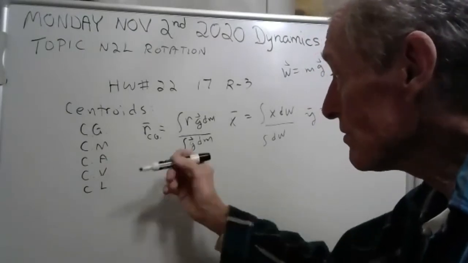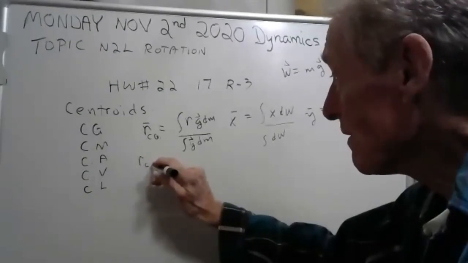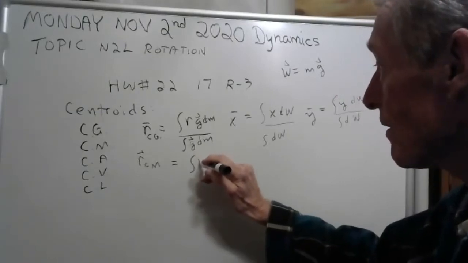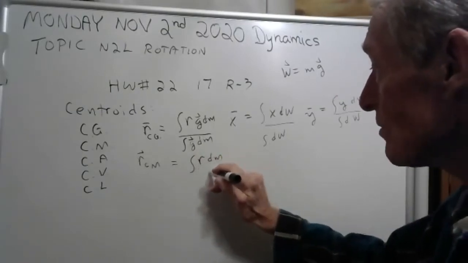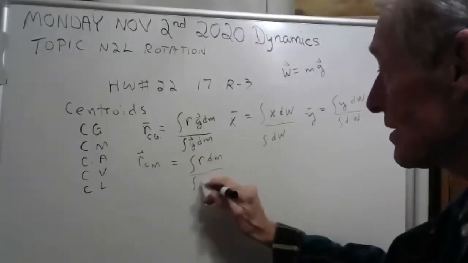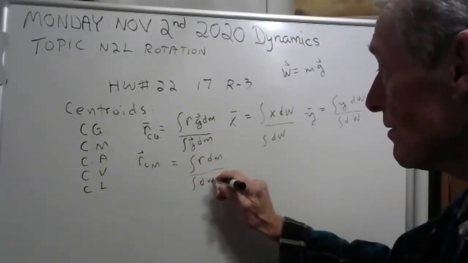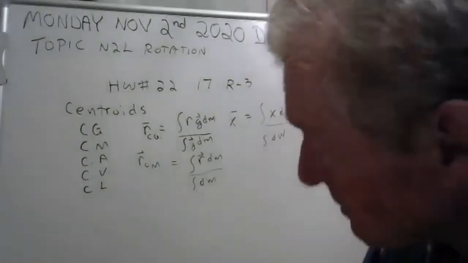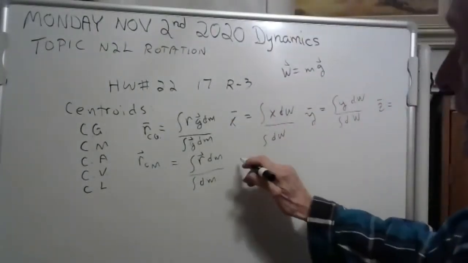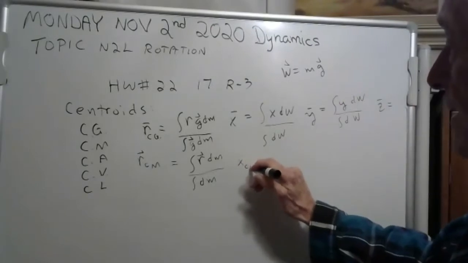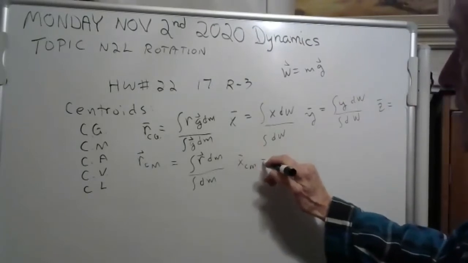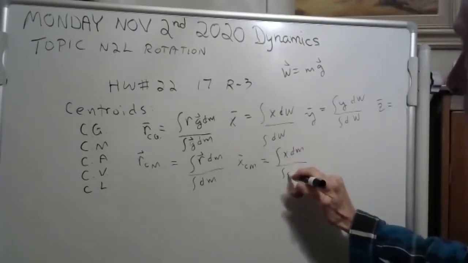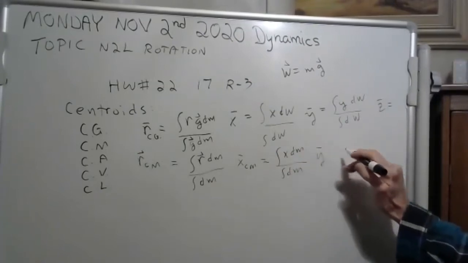See, the formula for the center of mass goes like this. The gravities no longer play a role because they're all constants and they all cancel out. So there's the formula for the center of mass. And here, the formula for the center of mass in the x direction would be x dm over dm. And in the y direction and the z direction,